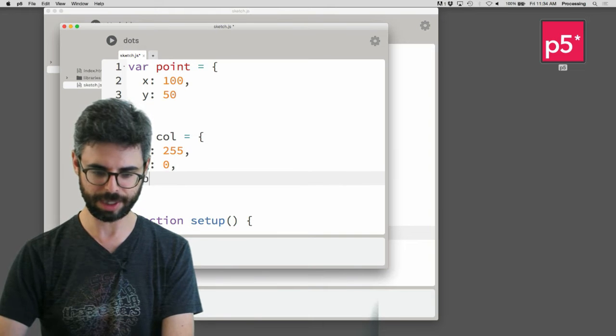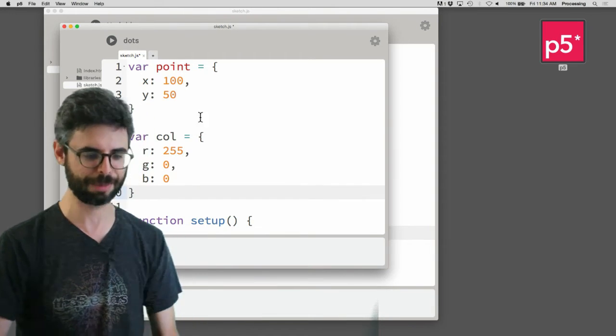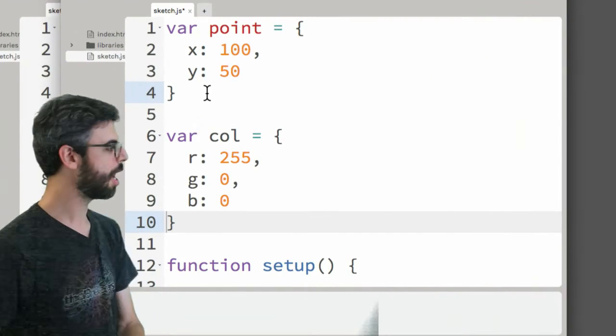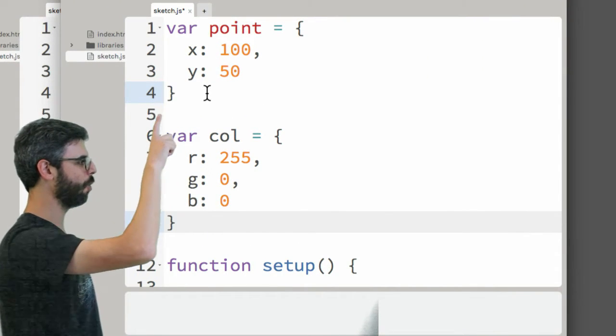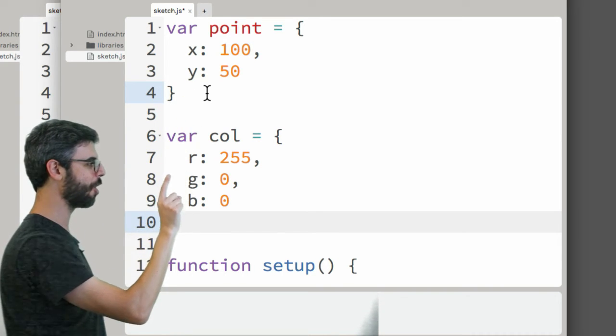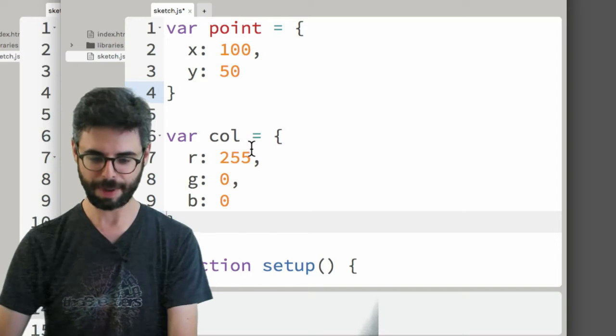Let's see how I'm doing here with my having just learned JavaScript syntax. So you can see I'm setting up a couple variables. I want to have a point that has an X and a Y. I want to have a color with an R, a G, and a B, because my plan for all this